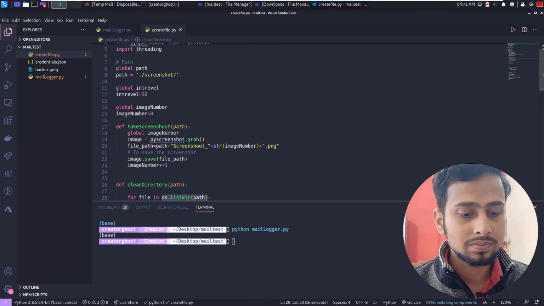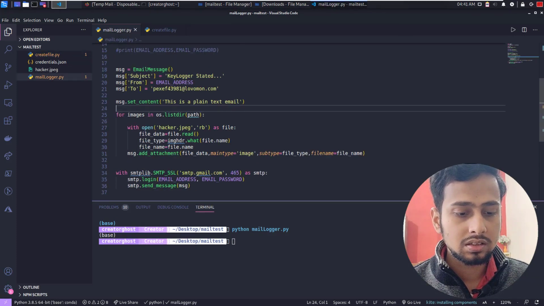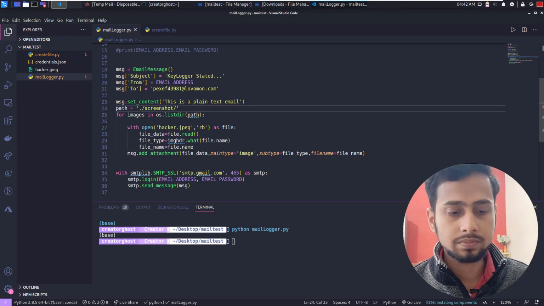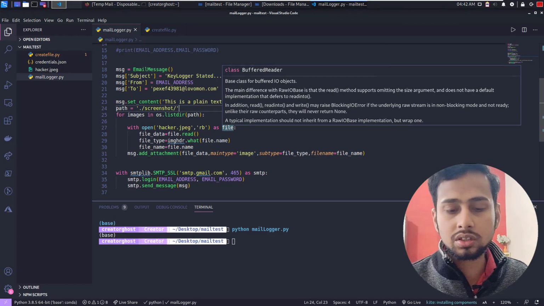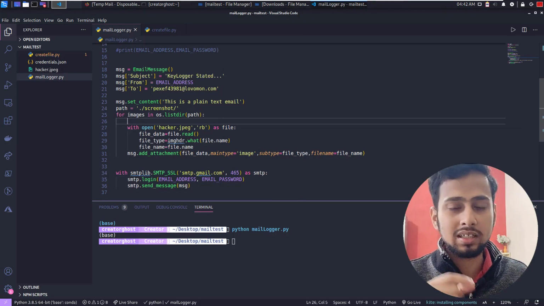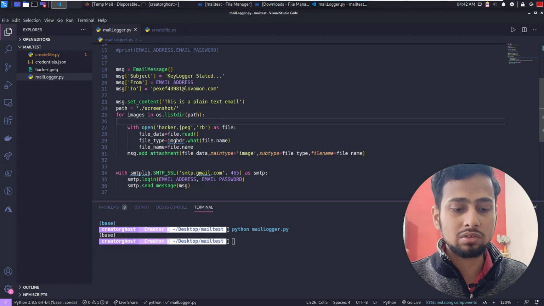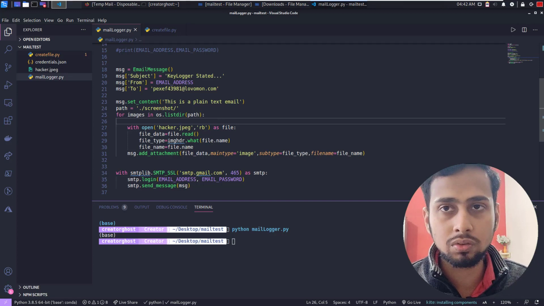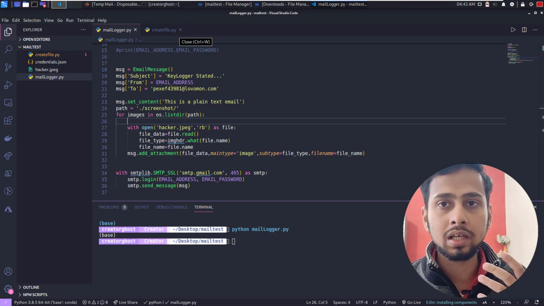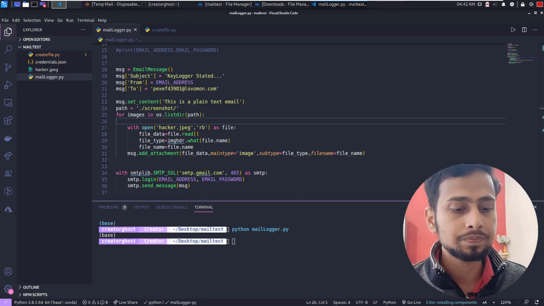So what I can do is simply copy this path variable here, paste it here, and voila, we are done. Though I would highly recommend you use the object oriented approach. We are doing it this way just because of lack of time. We have already surpassed like 25 minutes or so, so we are going to use this quick and dirty approach. But if you are a bit serious about it, please make a class of it, and thus it will be easier to migrate from one code to another.